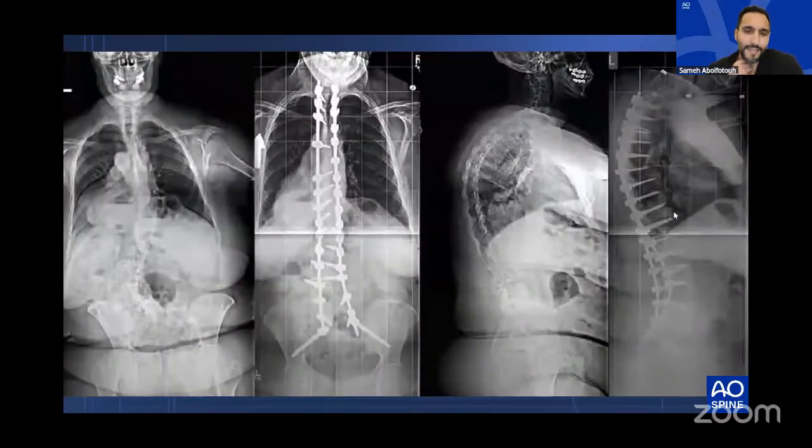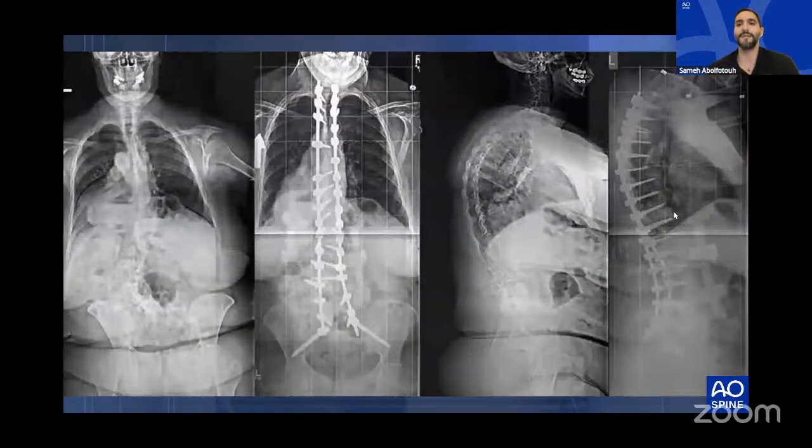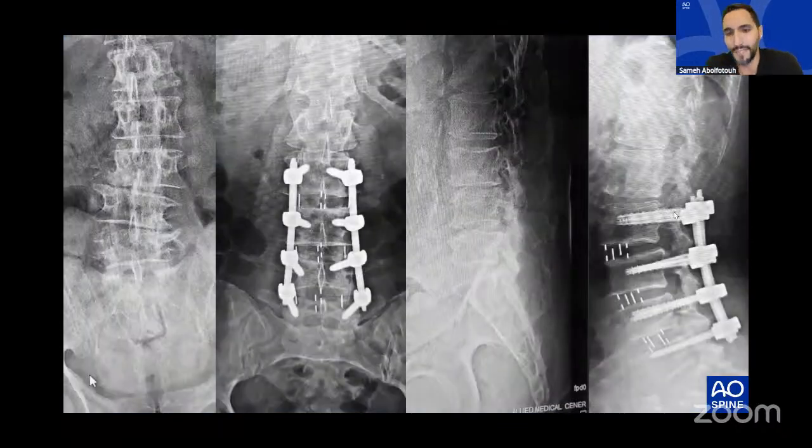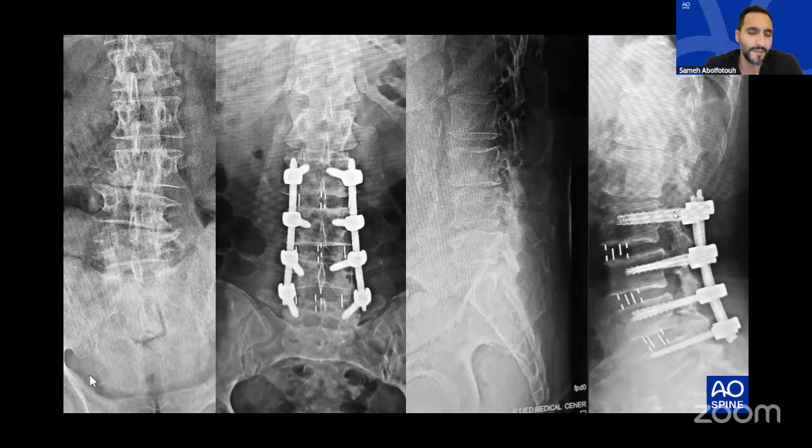Sometimes it's a deformity that has been ignored for a very long time, and once again, you go in and try to do all the osteotomies to correct them. And sometimes it's something as minimally invasive as a 3-level ATP, where nowadays those surgeries are really helpful and help patients get out of the hospital very fast, as was presented earlier today by some of my colleagues.